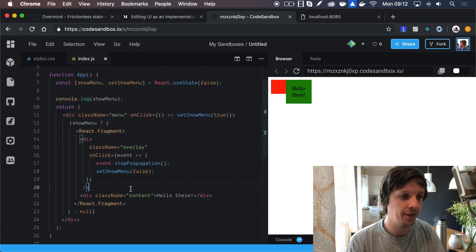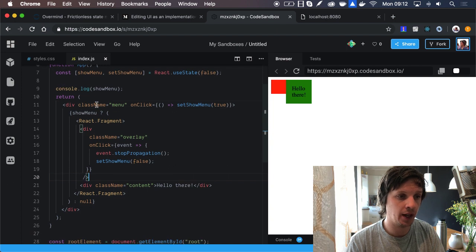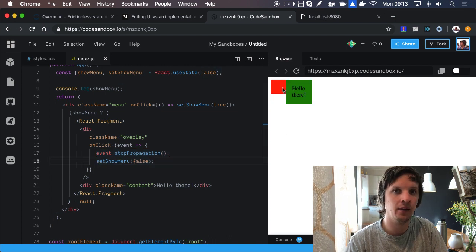And then when I click the button, it opens up the menu. And when the overlay is present, if I click that overlay, we first want to stop propagation because we don't want the click to go back up to the menu so that it opens up again. But we want to close that menu. And that's all you need.